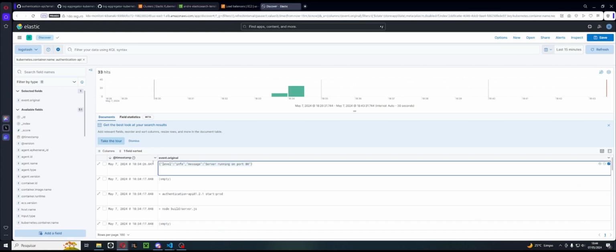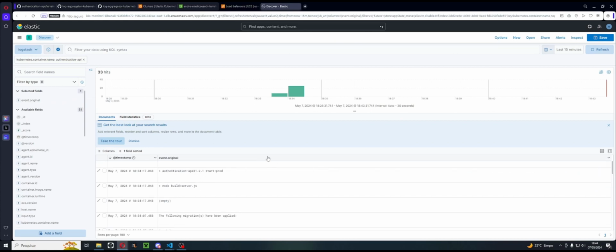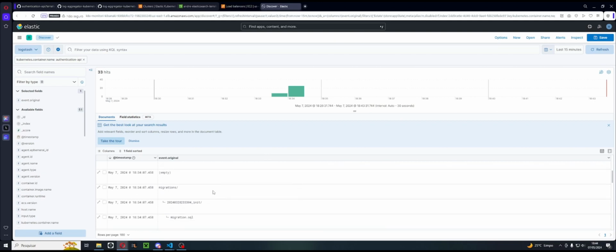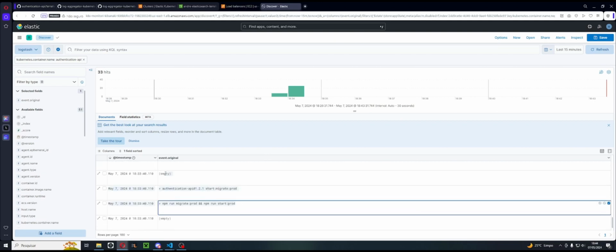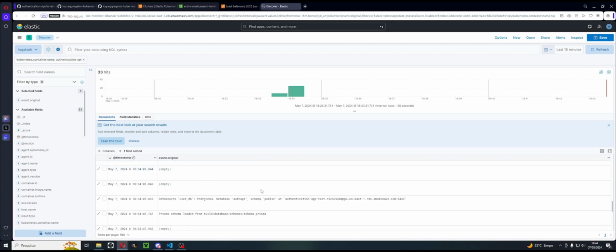So here you can see the logs in a much more user-friendly way. You can see everything that's in the kubectl logs command that I ran. Everything is also here on Elasticsearch. So perfect. Now I want to show an additional feature, which is the Elasticsearch snapshot and restore feature on AWS